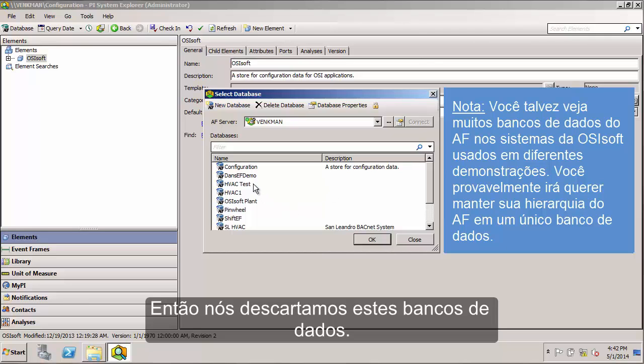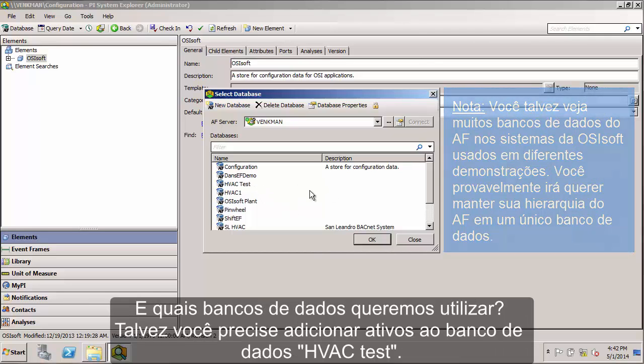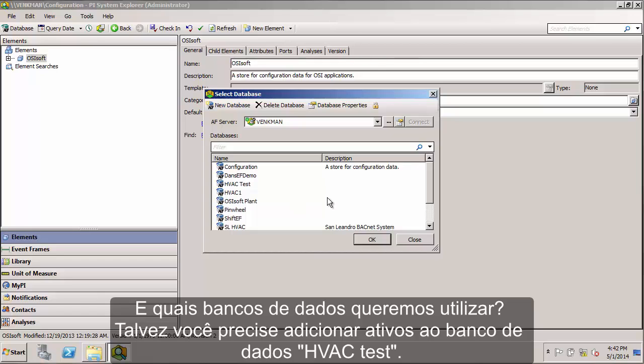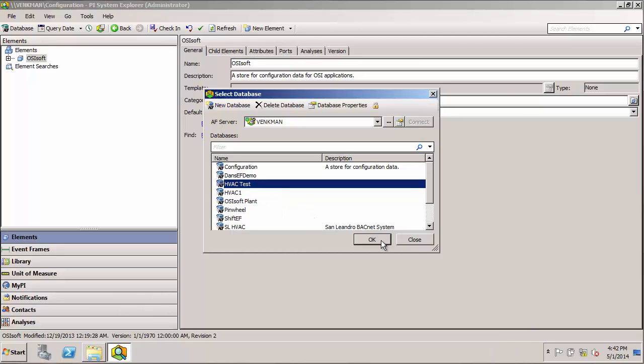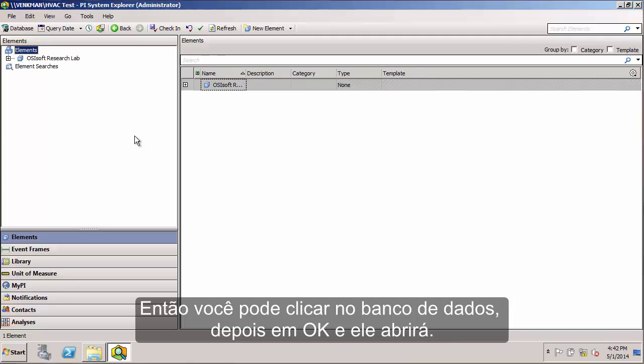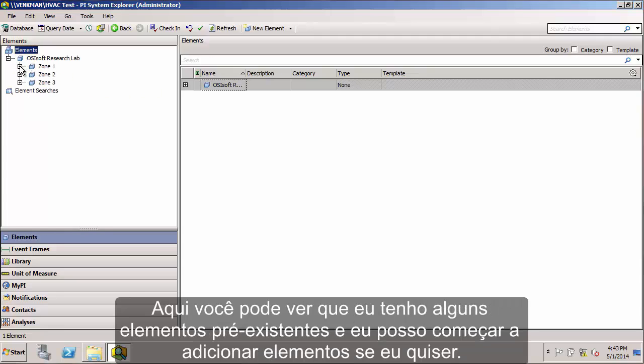So we've ruled out the databases where we don't want to be. What about the database where we do want to be? So perhaps you've been told that you need to add some assets to the HVAC test database. If you find it in your list, you've been granted read access to it and possibly write access to it. So you can click on that database, click OK, and it'll open up. And here you can see that I have some pre-existing elements,